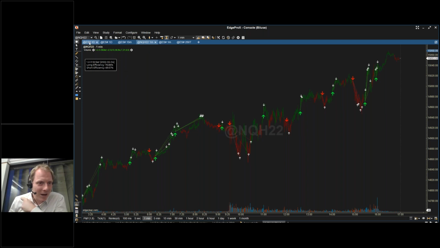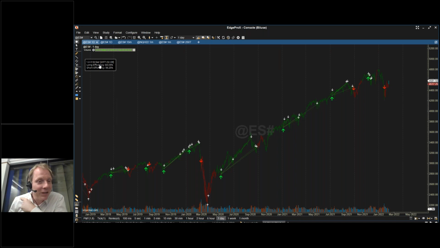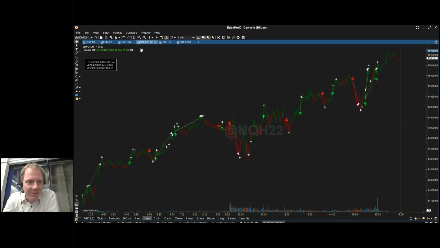So for the daily, I think we are looking back a couple of years because it makes sense for a daily chart. But on the 1-minute chart, I don't believe it makes sense to look back for many years. Here, the look back period is just a week. So for the last week, we had fairly good success rates on the 1 to 3 strike indicator for the Nasdaq futures. Now, there's one indicator which is still left to be